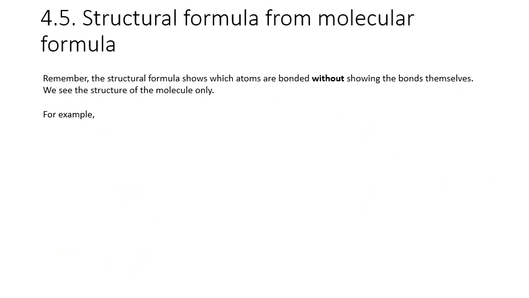So 4.5 we briefly covered in the last video actually. What we need to be able to do is convert molecular formula into structural formula. So we need to remember that a structural formula shows which atoms are bonded without showing the bonds themselves. So if I have a molecular formula of, say, methane, CH4, in this case actually the structural formula is the same because of course we've only got 1 carbon. But if we have something like, let's say, propane, C3H8,